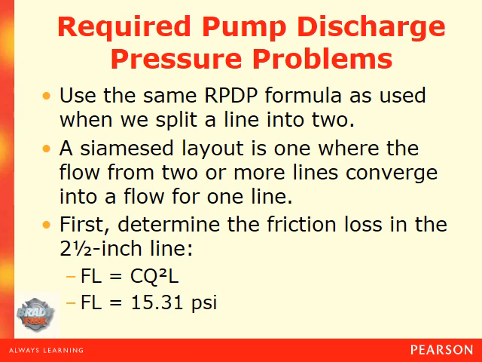So a Siamese layout is the one where the flow from two or more lines converge into the flow of one line. So first you need to determine the friction loss in the 2.5 inch line. Again, that's our supply line. So the friction loss is our coefficient off the chart times the gallons divided by 100 squared times the length of hose. So the friction loss is going to be